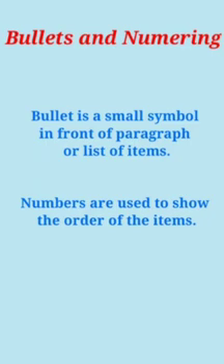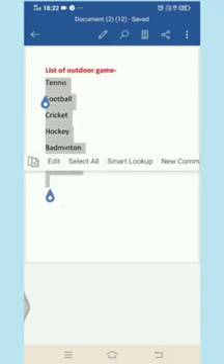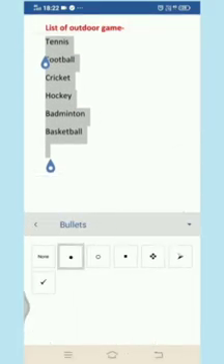Let us learn by a practical activity how to apply bullets and numbering. There is a list of some outdoor games. Now we convert it into a bulleted list. For that, first we select the games, then apply the bullets which we want from the bullet option under the Home tab. Now the next list is the generations of computers.